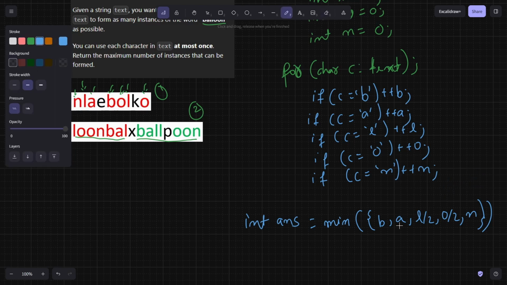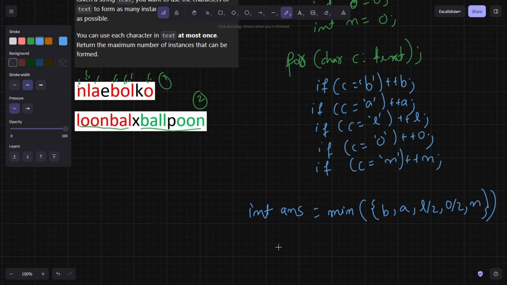And we have to return the minimum. Whatever the minimum is, the number of words is going to equal that. So we simply have to return the answer. If we code this, it looks like